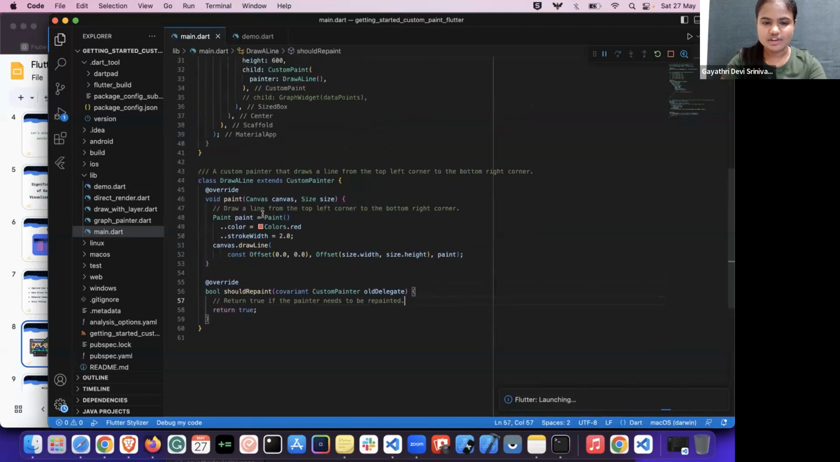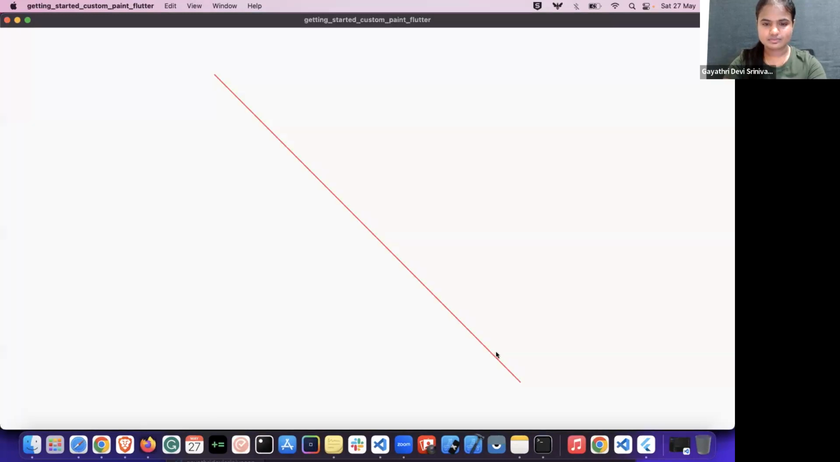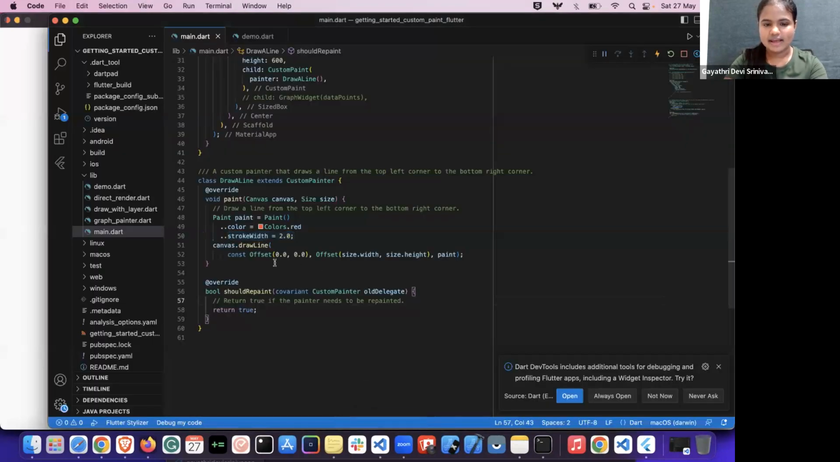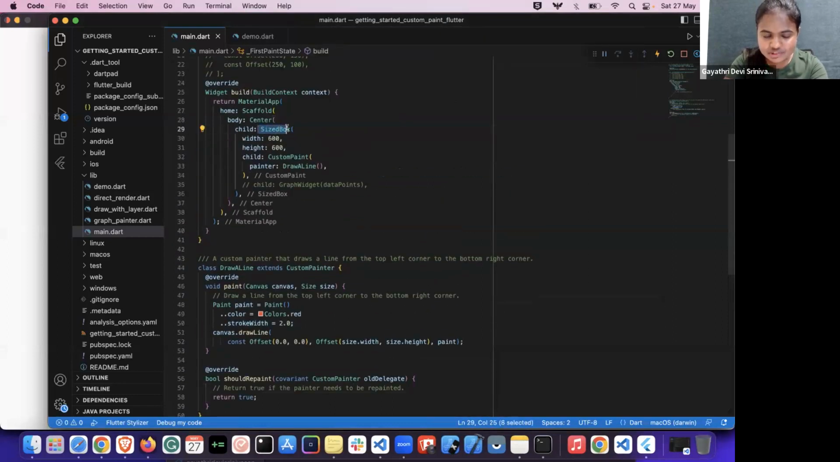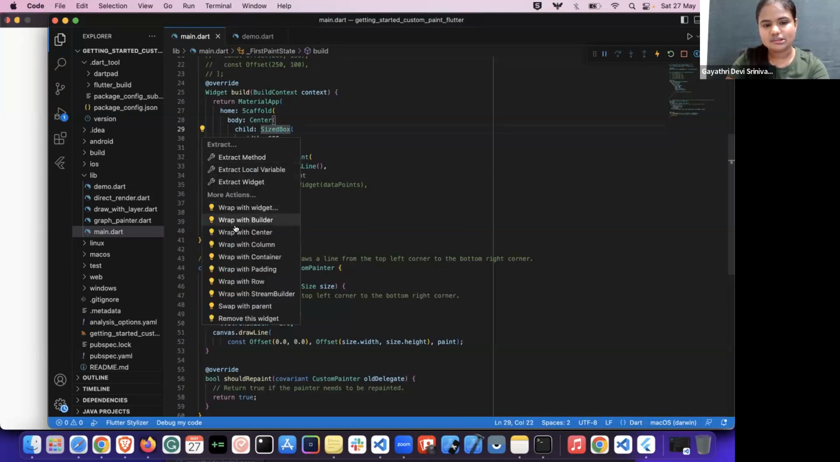So here we also have a paint object. With this we can choose the color of the element we are going to draw, and its stroke width. Here I have drawn a simple line. I have set the offset as 0, 0, and with the parent widget, I have given it a size of 600 by 600. If I try to remove it, means